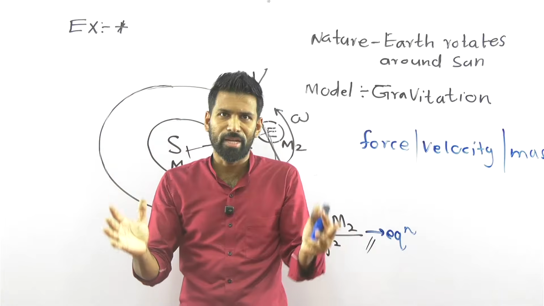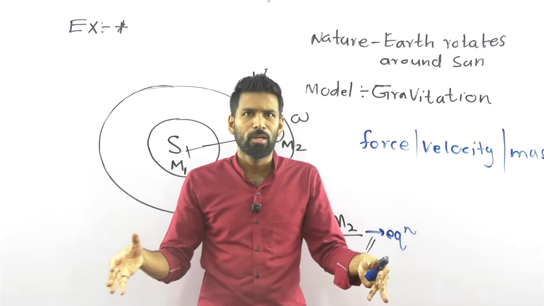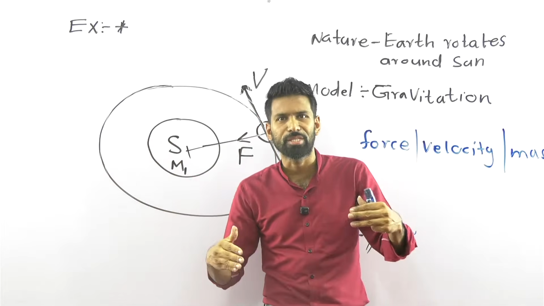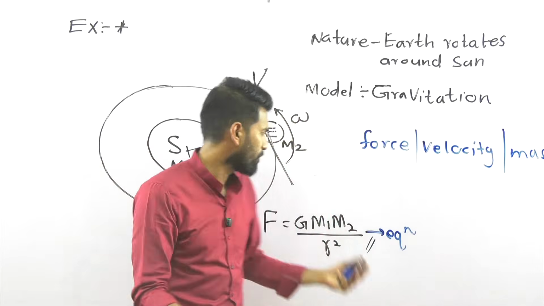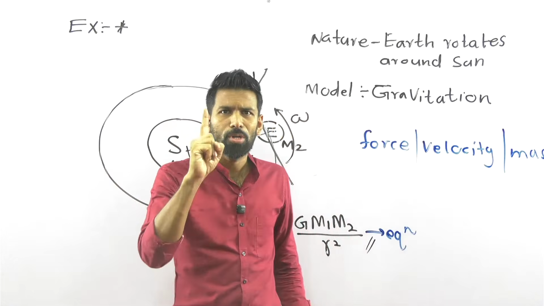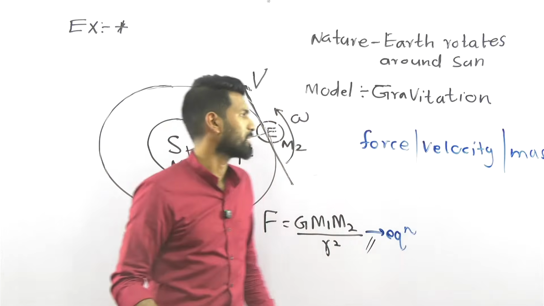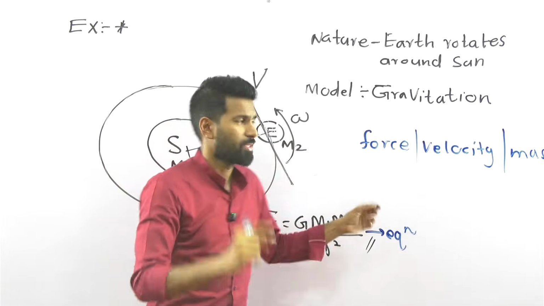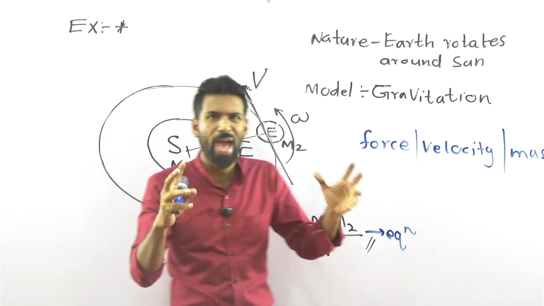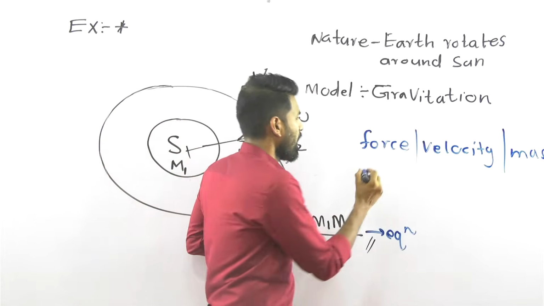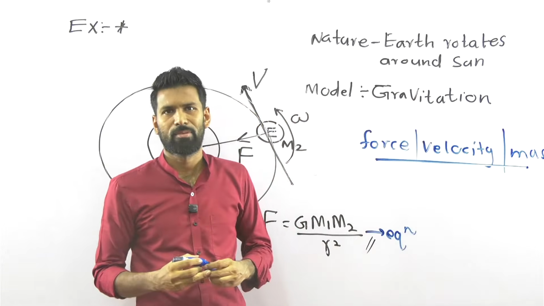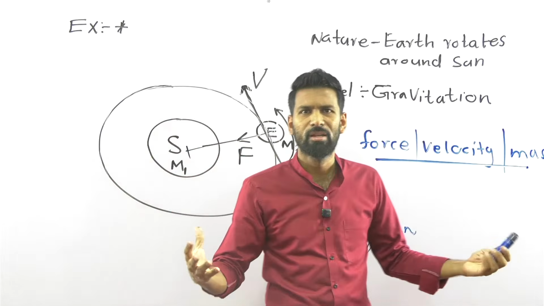To understand the nature, we have man-made models. Using man-made models to understand the nature is physics. So we are doing physics. Inside physics, we meet theorems, equations, mathematics, and we are handling this. And most importantly, we meet some words: gravitational force, tangential velocity, mass of Earth, mass. So what are these words? Force, velocity, mass.